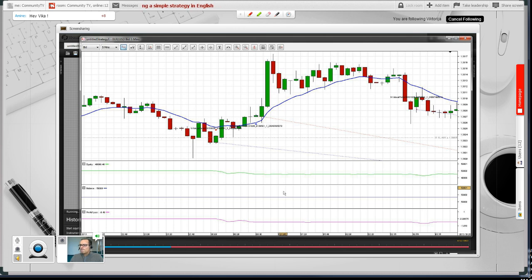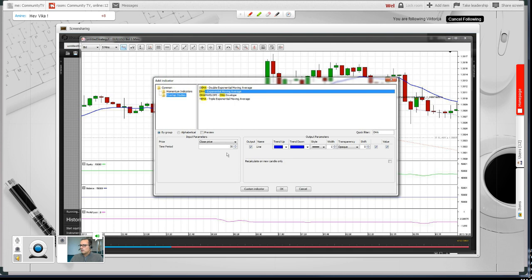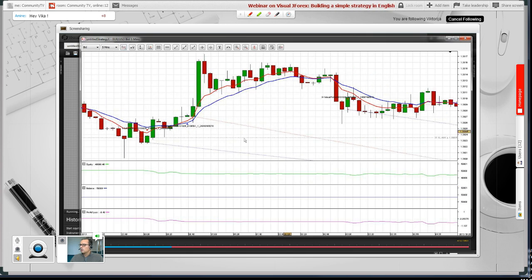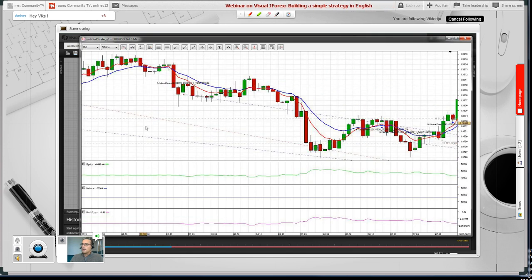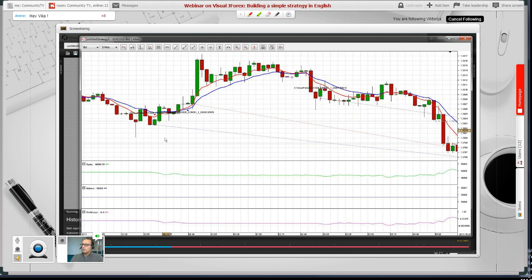And EMA with time period 7. Let's put it in red as well. Unfortunately, we don't have any shortcut for the moment to call this indicator in straightforward mode, but we'll probably do it later on. So as you can see in here, when the trend is going up, I have my